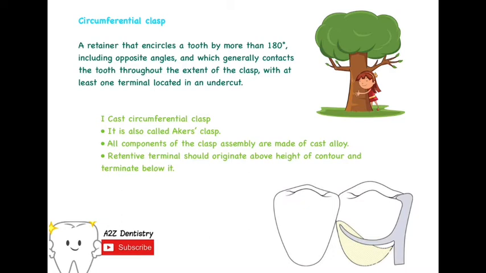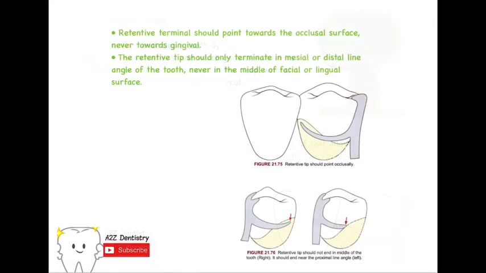Again, this is very essential. For gaining enough retention, the positioning of this retentive arm itself is very important, and then the reciprocal arm. In this case the retentive terminal should originate above the height of contour and terminate below it. That means it must originate at the suprabulge area and it should terminate below the infrabulge area in order to provide adequate retention. Apart from these two things, the retentive arm must also point towards the occlusal surface and